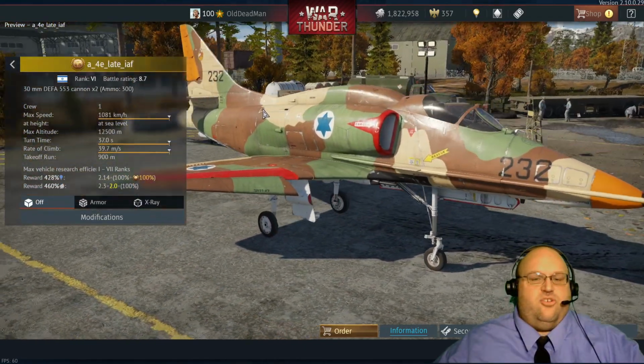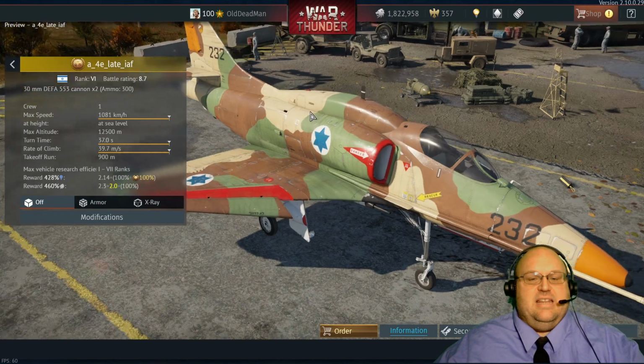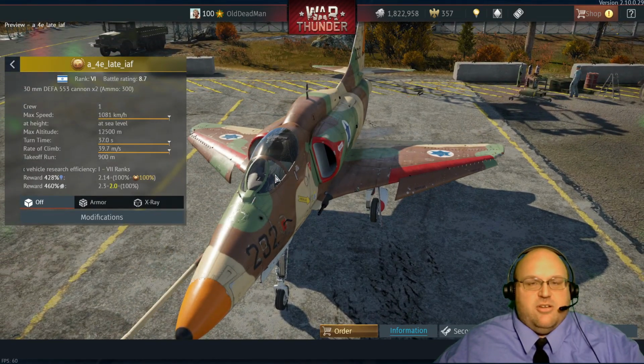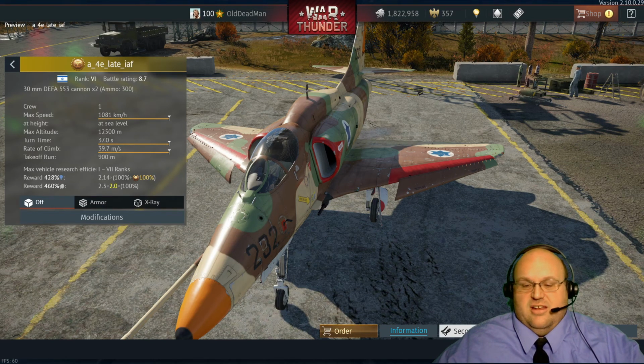And of course, no tech tree is complete these days without an A-4E in it. And the Israelis are getting an A-4E late. This puppy is going to be pretty much as effective as the one in the US tree. Reasonable dogfighter, though nothing special. You're definitely not going to be winning turning fights with it unless you've got a really badly turning opponent. But overall, hey, it's going to have the missiles, it's going to have the stuff, and it'll do a pretty